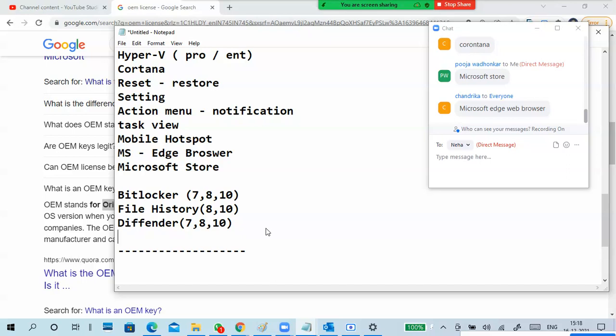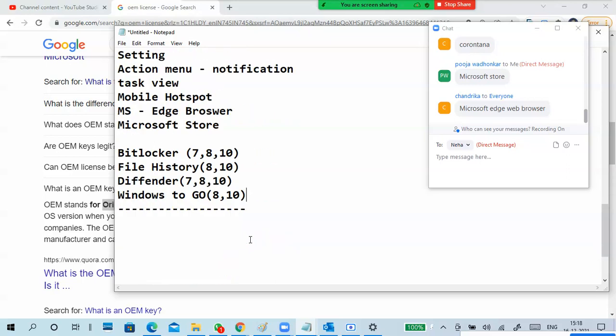BitLocker to Go is also there. Windows to Go was introduced in 8 and is also there in Windows 10. But don't speak about Windows to Go; if you know it, okay. If you are not able to explain it, leave it. No problem.